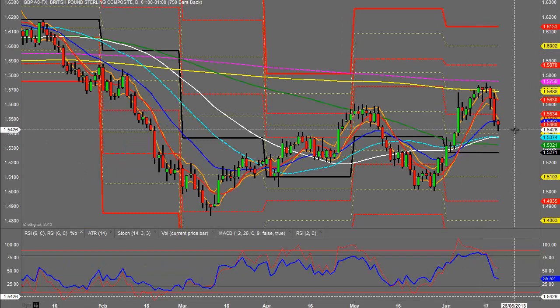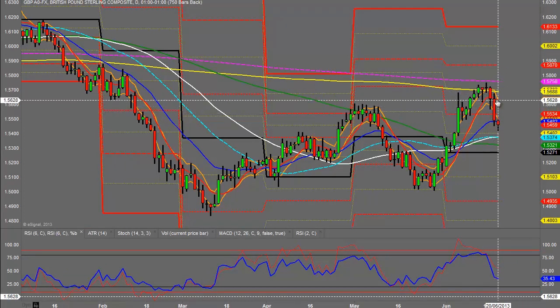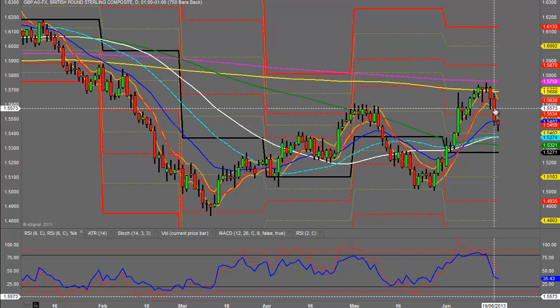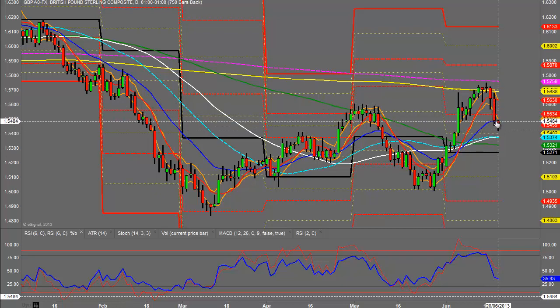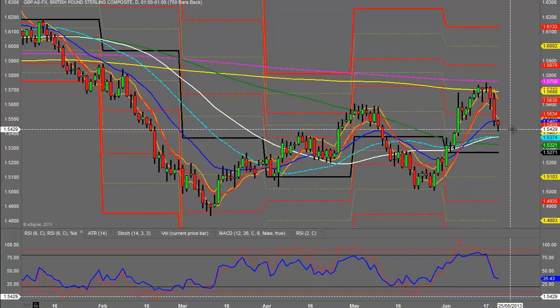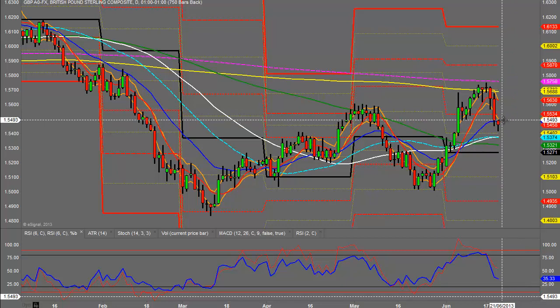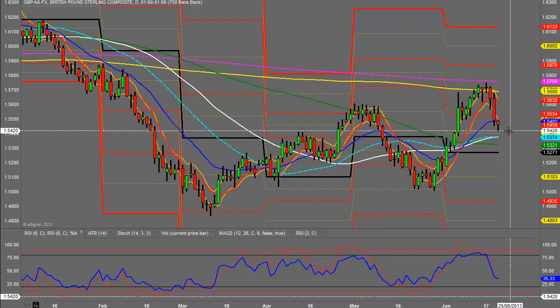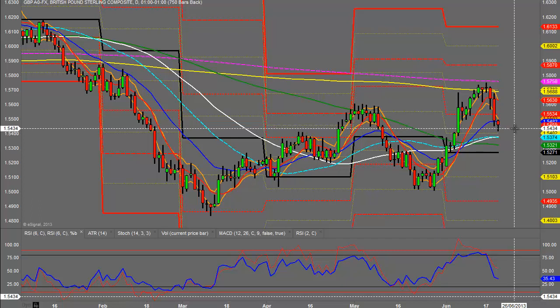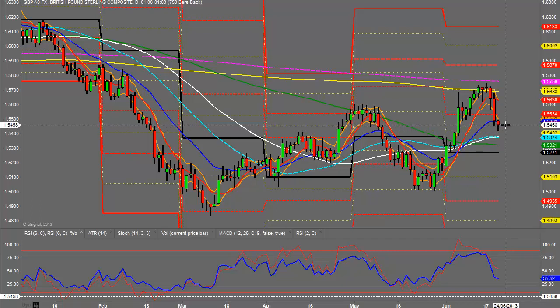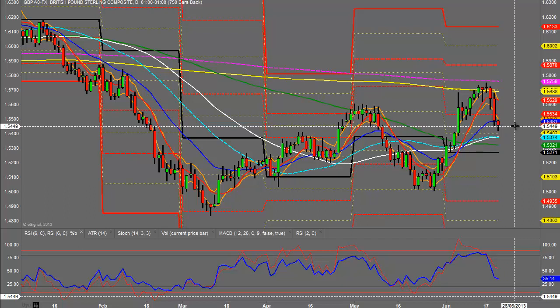So looking at cable first, big sell-off yesterday evening with the FOMC comments by Ben Bernanke and co. We've seen some follow-through of that this morning. Cable's actually held up relatively well this morning. It's pulled back quite a bit here. It's had a bit of a retrace and is certainly looking probably one of the stronger opposites to the US dollar. So the pound is looking stronger against the dollar, or one of the stronger currencies against the dollar at